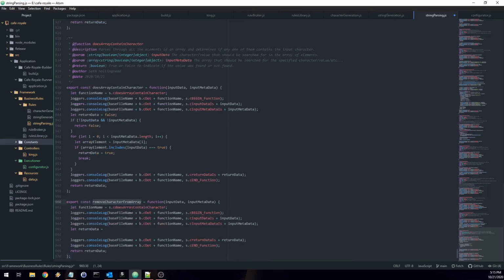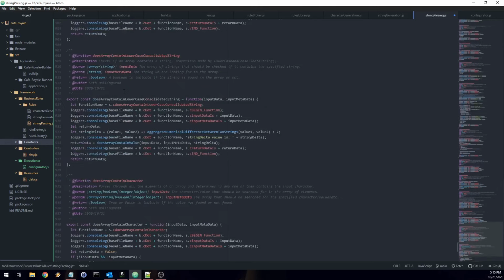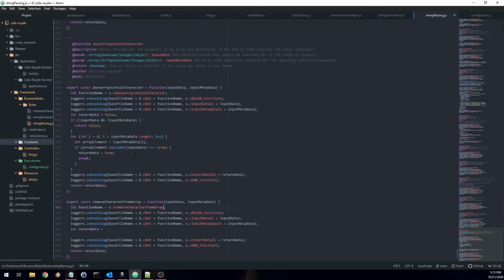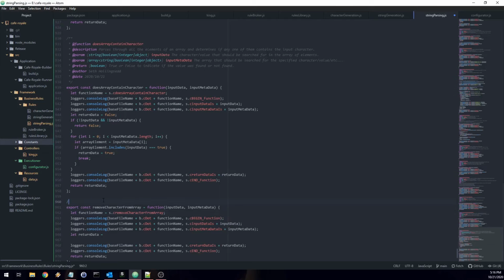And then this goes right there. Does array contain character? Does array contain lowercase consolidated string? Just double checking the work again, and I think we're good. And the header for that